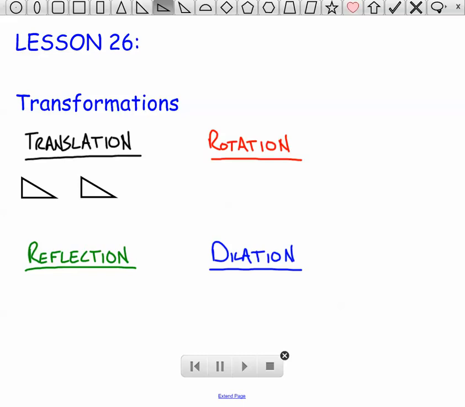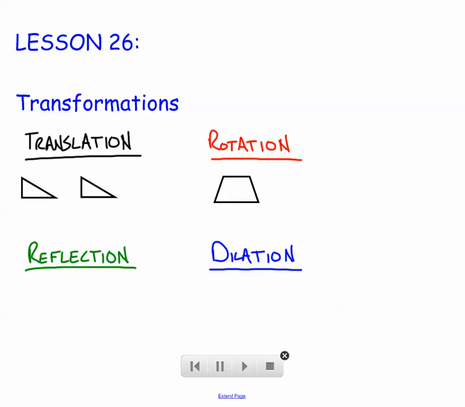A rotation. Okay. How about we go with this trapezoid here? Okay. A rotation of this trapezoid. Let's first of all make a copy of it. And then a rotation would just be turning it. That'd be a rotation. It doesn't matter where we put it, but